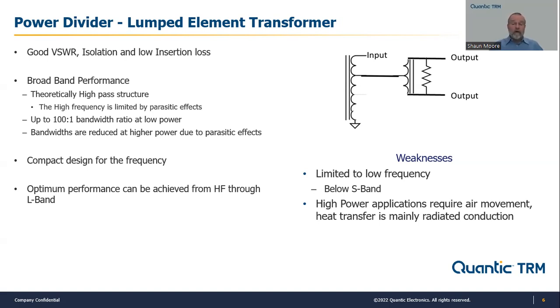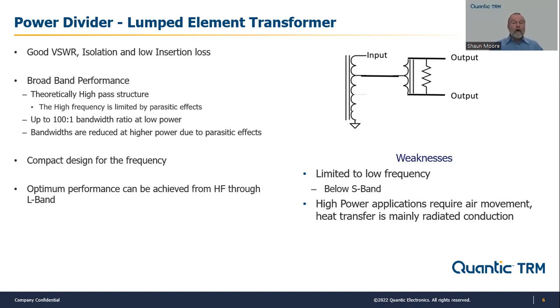And it does a very good job of having this impedance transformation working over a very broad band. These parts, since they are lumped element devices, are very compact. You can build very low frequency parts here. These are really effective from frequencies down to kilohertz, right on up through about 2 gigahertz. So basically, these are used from HF through L-band, and this is a very high performing sort of device across